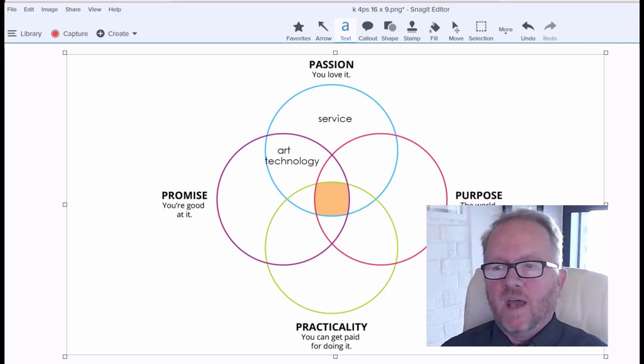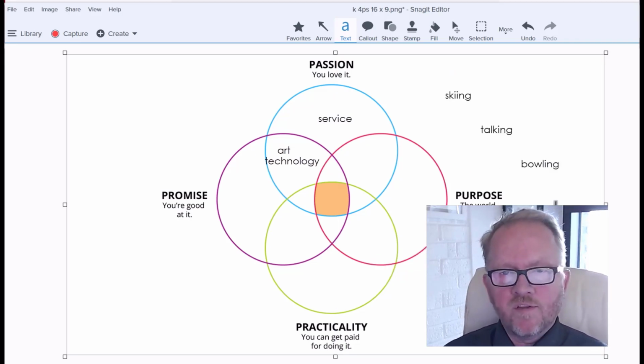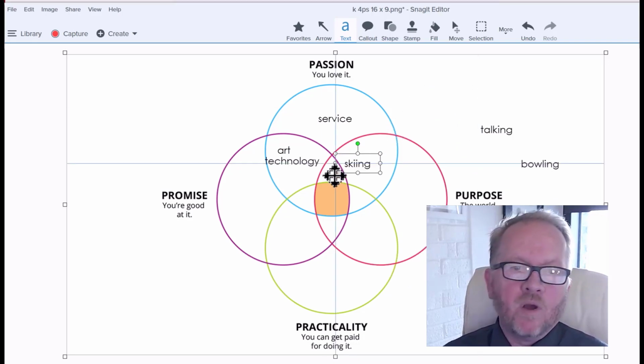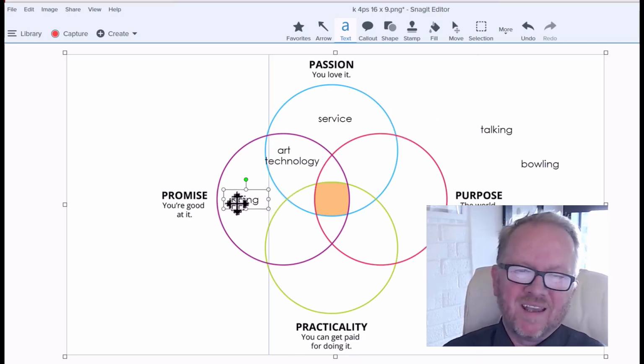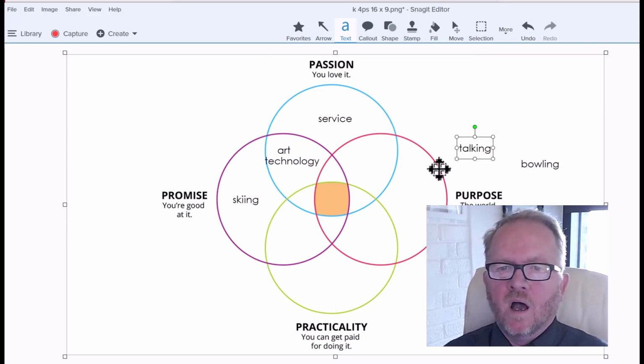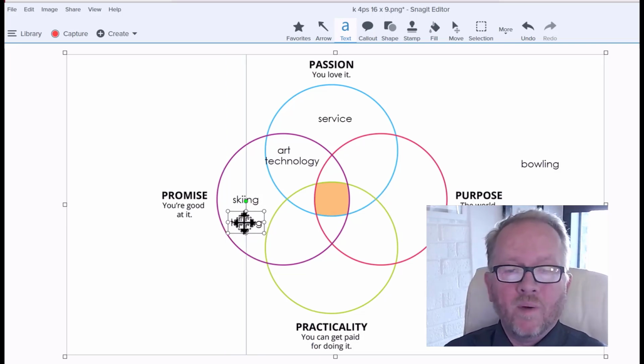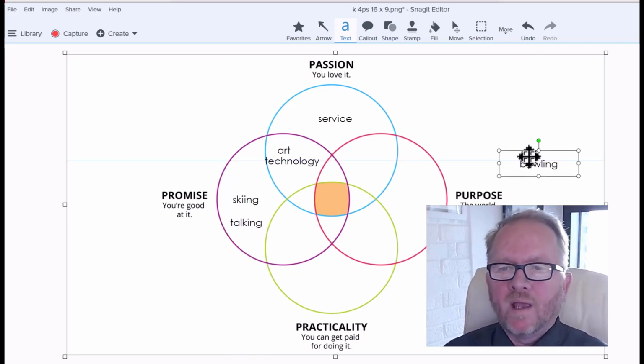What else am I good at? Now these will be random, but I've added three more things. Okay, skiing. I'm a good skier. I was raised skiing. I'm really proficient. Okay, I've taught quite a bit. I have lectured a whole bunch. So maybe it's that.